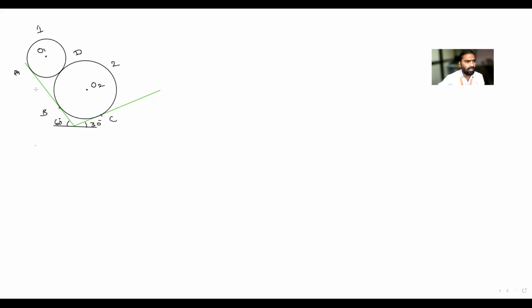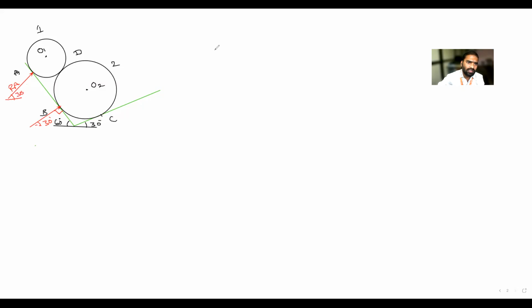So this is reaction RA, and there is a reaction RB. It means both are parallel to each other. When this is RB, what is the angle made by RB? How much is this angle? 30 degree. See, here a triangle is formed, this is 60 already, so this will be 90 degree and this will become 30 degree. Again, reaction RA is parallel to this one, so how much is the angle? 30 degree.